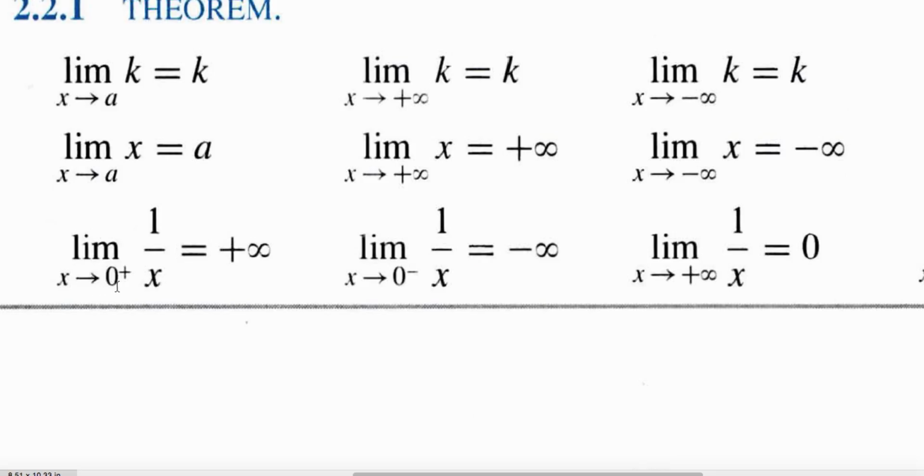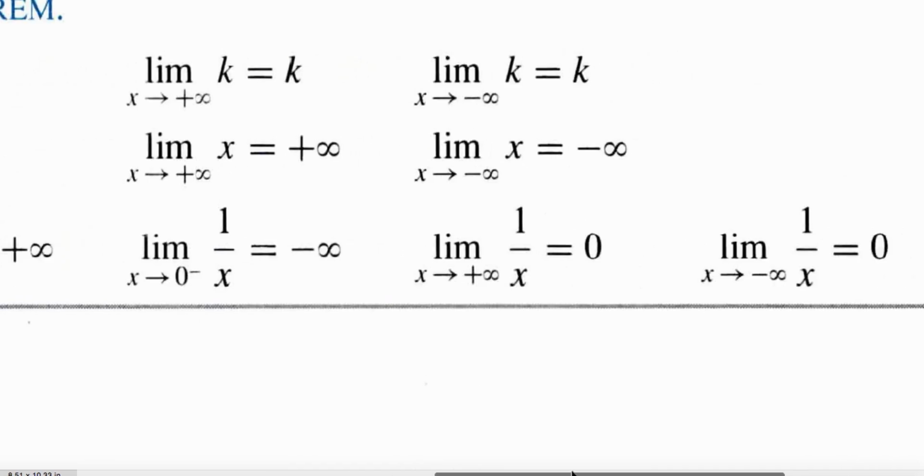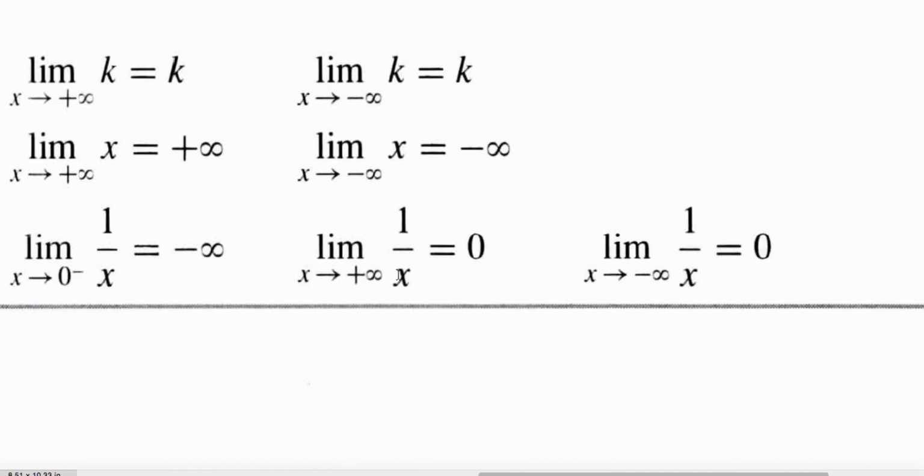If you go to 0 from the right of 1 over x, then the limit will be positive infinity. If you go to 0 from the left of 1 over x, then the limit will be negative infinity. And if you go to positive or negative infinity for the reciprocal function, 1 over x, then the limits will